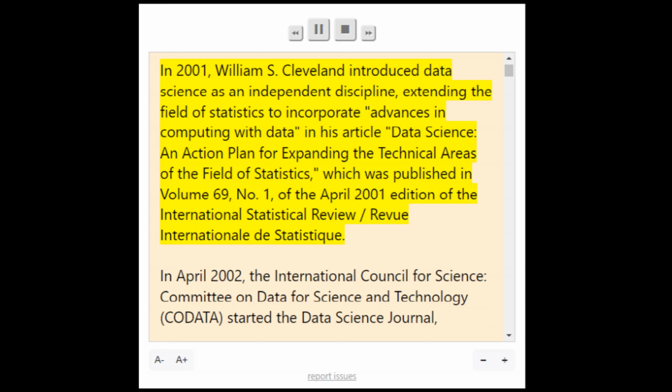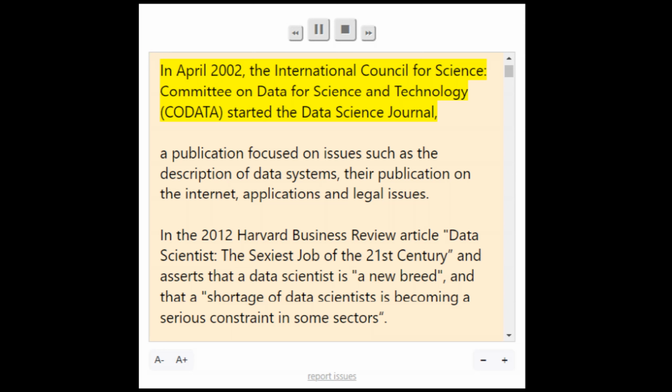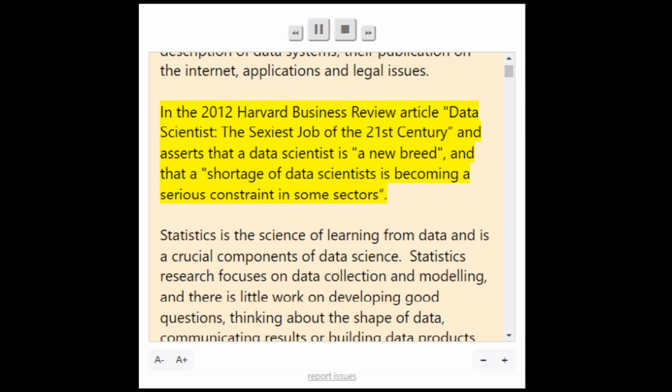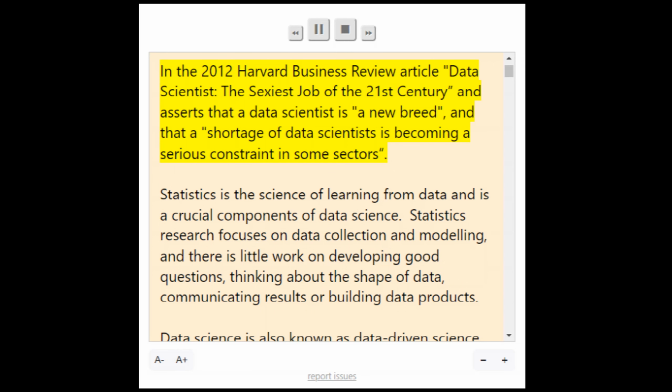In April 2002, the International Council for Science, Committee on Data for Science and Technology, CODATA, started the Data Science Journal, a publication focused on issues such as the description of data systems, their publication on the Internet, applications, and legal issues. In the 2012 Harvard Business Review article Data Scientist: The Sexiest Job of the 21st Century, it asserts that a data scientist is a new breed, and that a shortage of data scientists is becoming a serious constraint